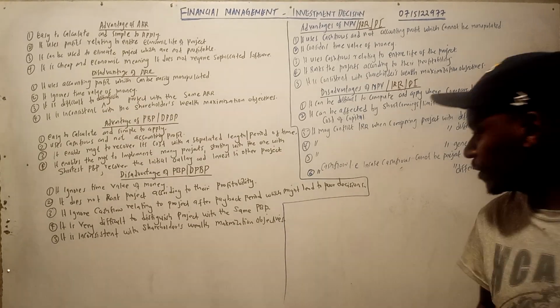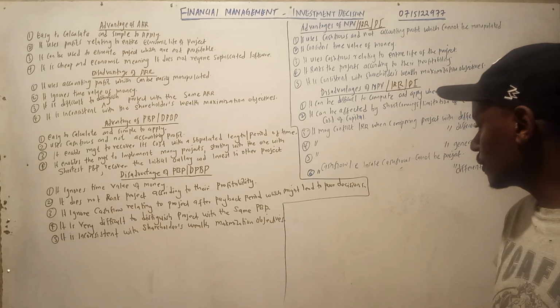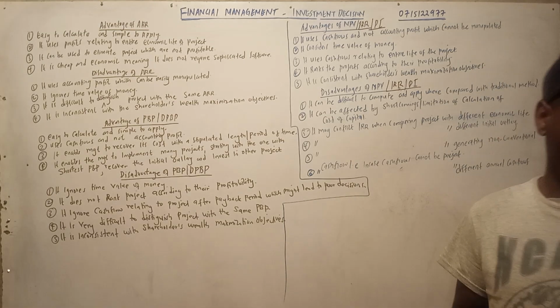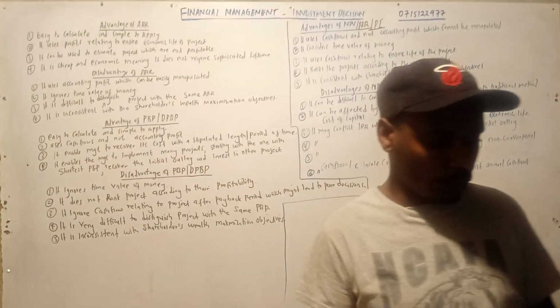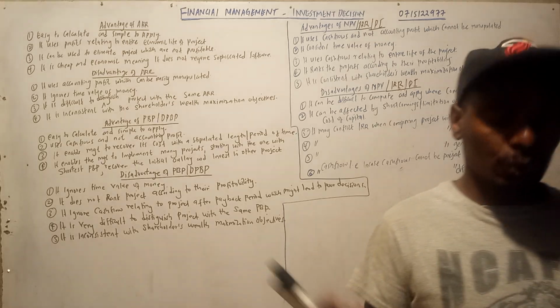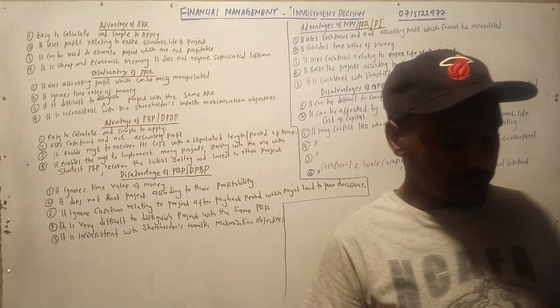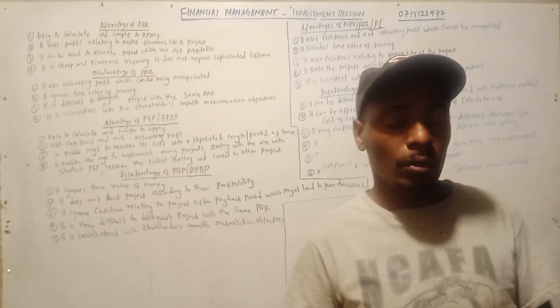Challenges experienced in investment decision. So what are some of the challenges? For example, we have limited information. The main challenge is lack of information. That's number one, lack of information. Number two, uncertainty in the expected cash flow. Now, when we